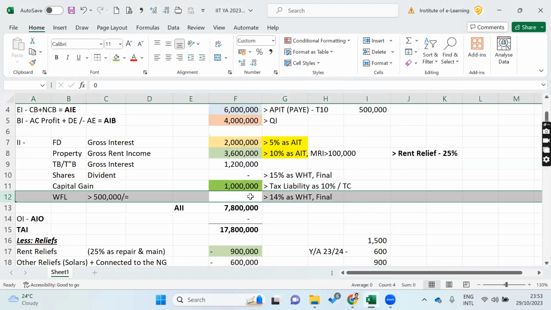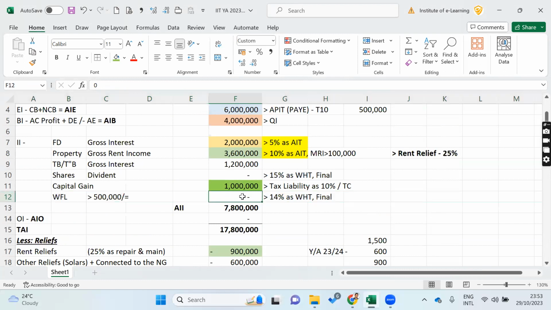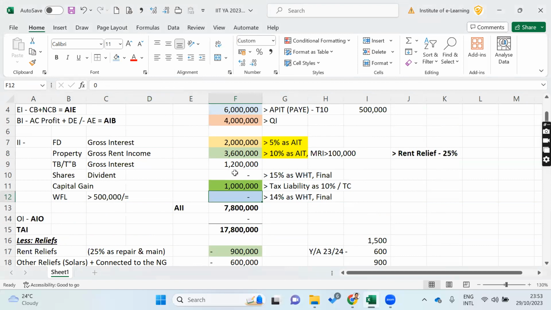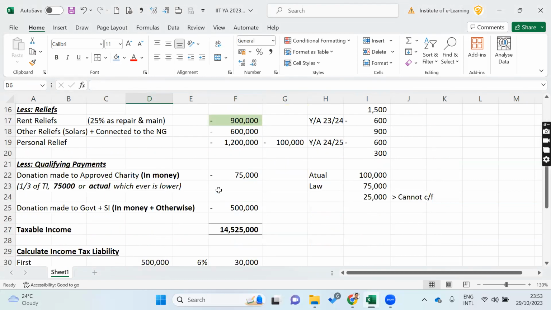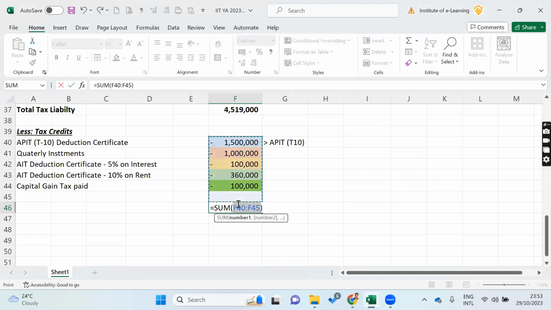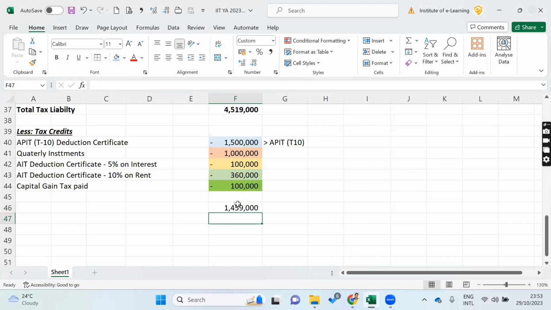Then winning from lottery, we don't have anything because we are taking 0 here. If we are taking 0 here, we will not consider any amount, right? Then 0 here, we don't get tax credit. Then we'll look at what would be the balance tax payable. How much would be the balance tax payable? Here, balance tax payable would be